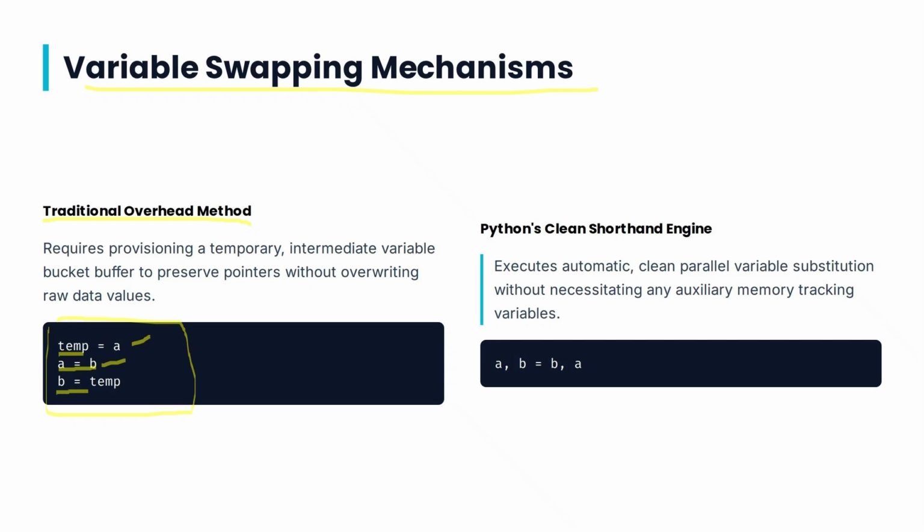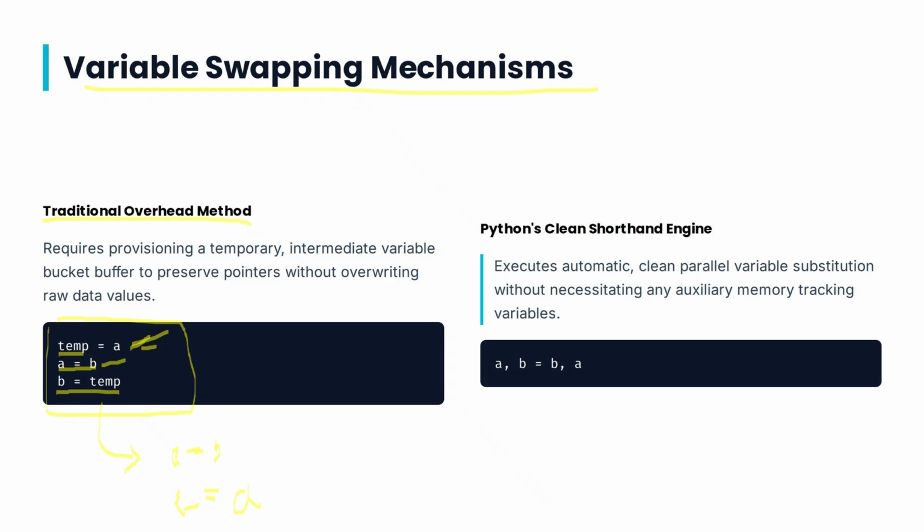Now we will overwrite the value of variable b by assigning it the value of variable temp, which actually was the value of a. So when the result comes, the value of a has been given the value of b and the value of b is the value of a. So the swapping is